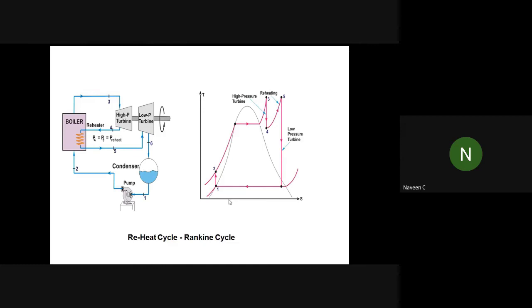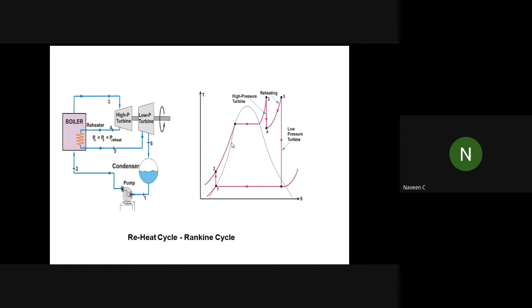If you draw a graph between entropy and temperature, S is the entropy and T is the temperature. The symbol for entropy is S. You can see that this is the energy flow diagram. Any energy flow diagram will be easily represented using your TS: T for temperature, S for entropy. Kindly correct me, I think previously I said that T is entropy. Sorry, T is temperature and S is entropy.